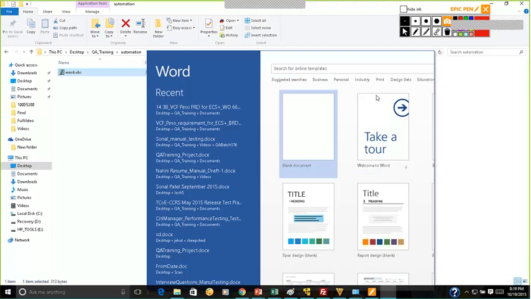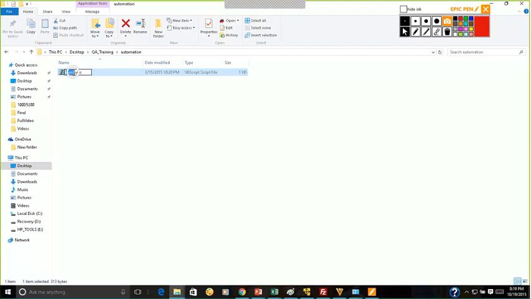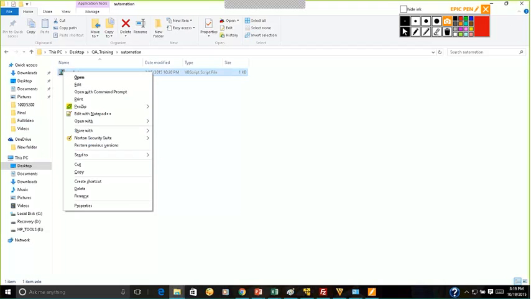Now don't worry guys, looking at this VBScript, I know people would have got scared. Oh my God, am I going to write such scripts? No. This is just a demo. You're not going to write all these things. It's not necessary for us. But I'm just showing the power of VBScript.